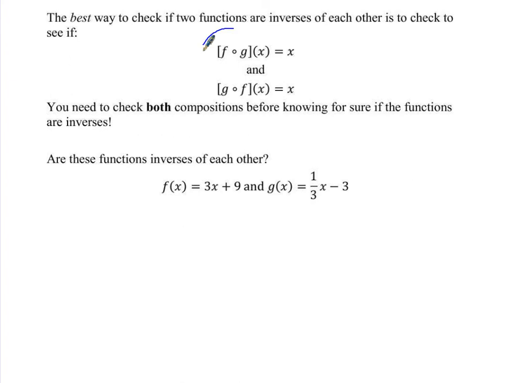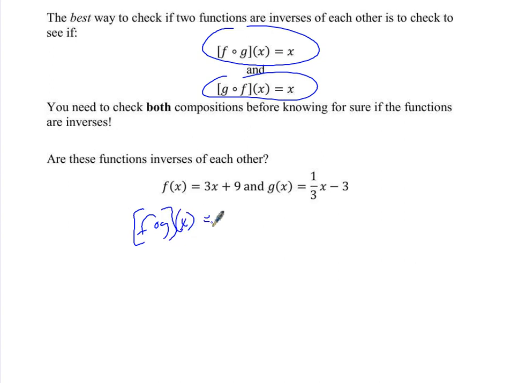But the catch is you have to do both, f composed of g and g composed of f. Both have to work. It is possible that one will work and the other one won't. So you do have to check both. So are these two functions inverses of each other? Well, we need to remember how to do function composition. We've kind of been doing it all year, but we don't really usually say f composed of g and g composed of f. So let's do f of g